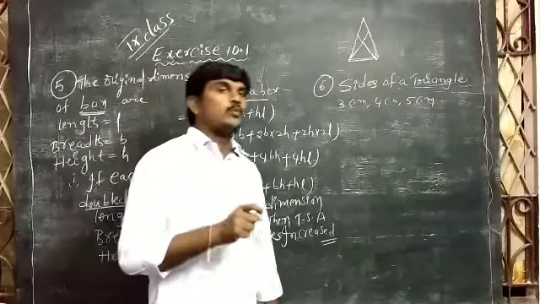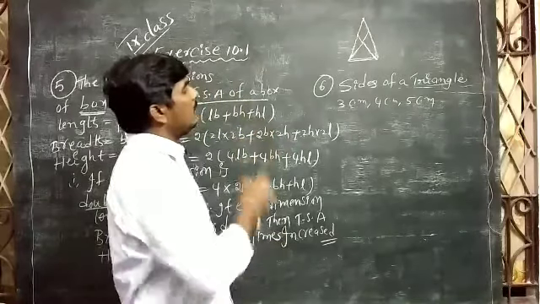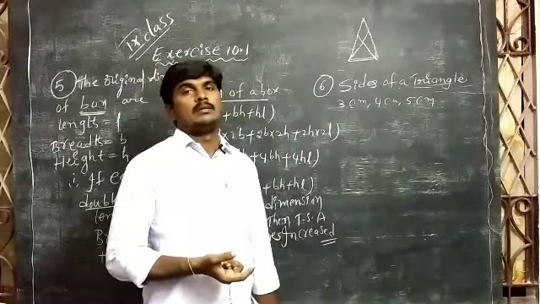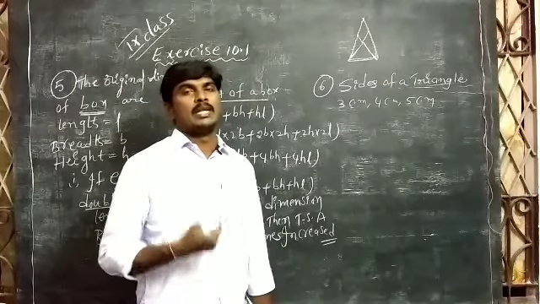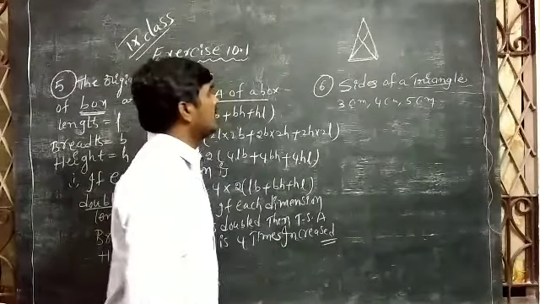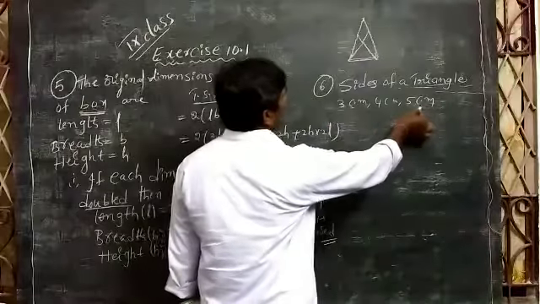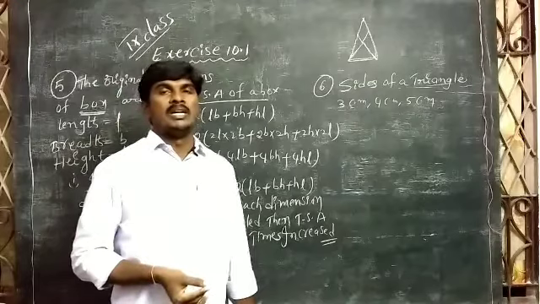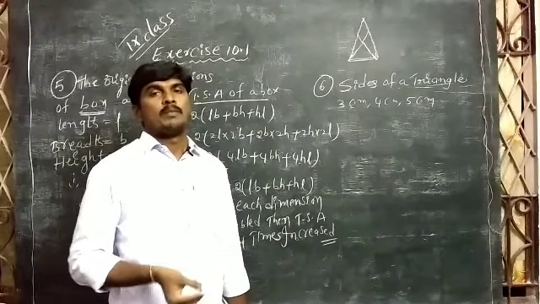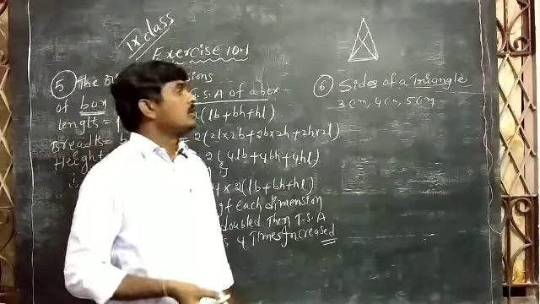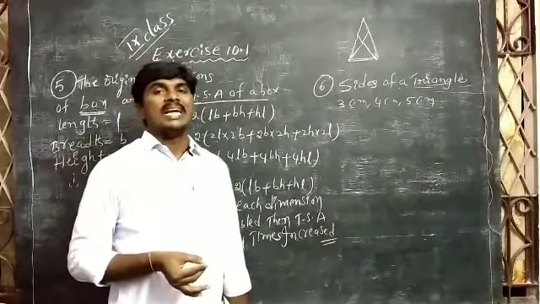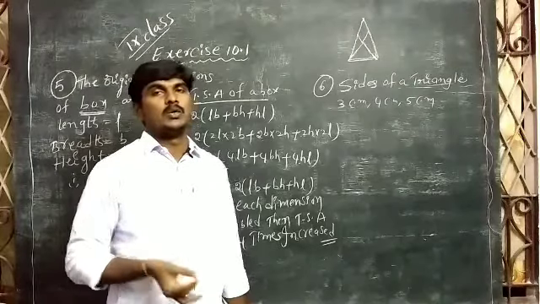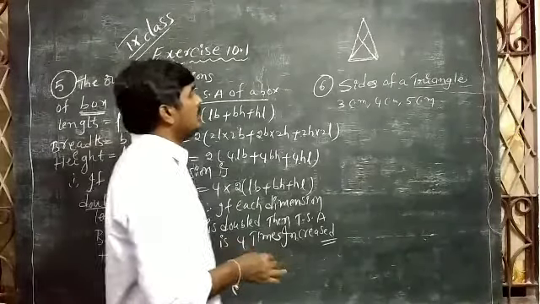If you want to find out the area of the triangle, first of all we have to think about which type of triangle these measurements belong to. If you observe these 3 measurements, 3 sides, they are a Pythagorean triplet. Why? Because they satisfy the Pythagoras theorem rule, h square is equal to x square plus s square.